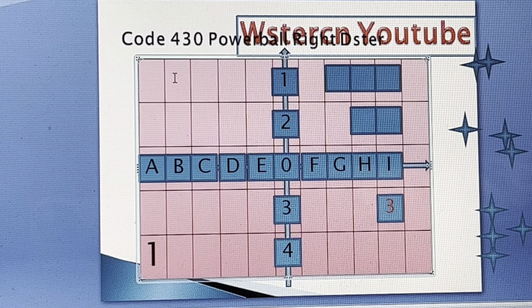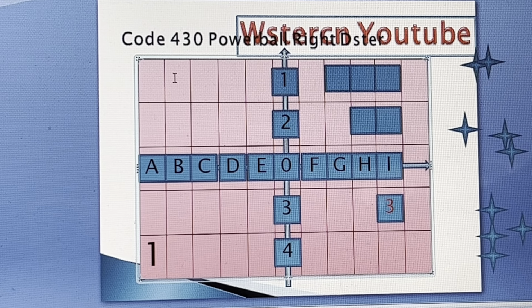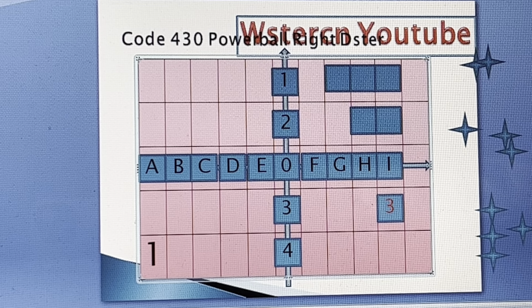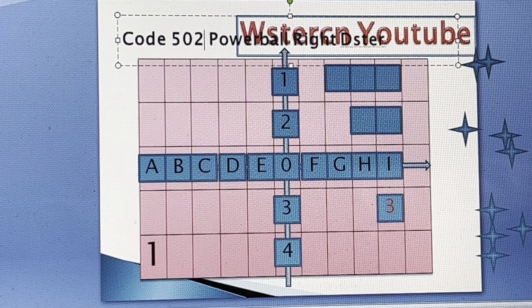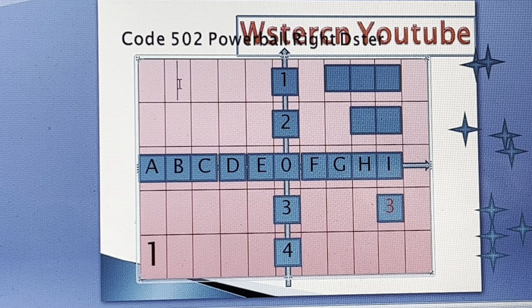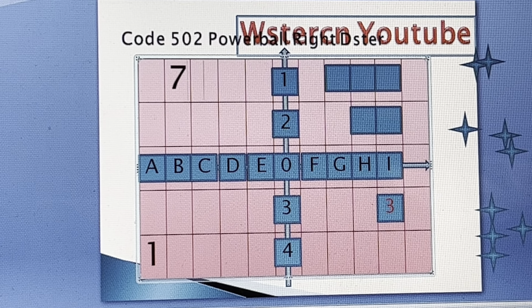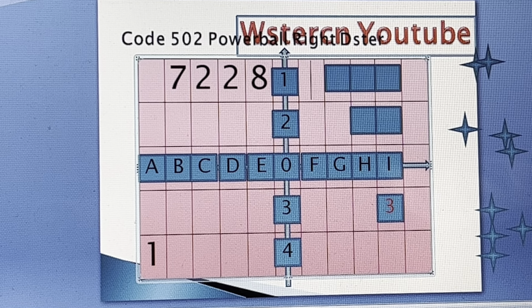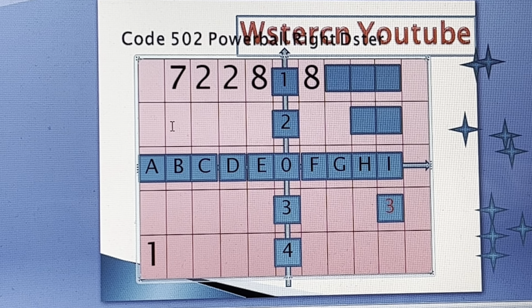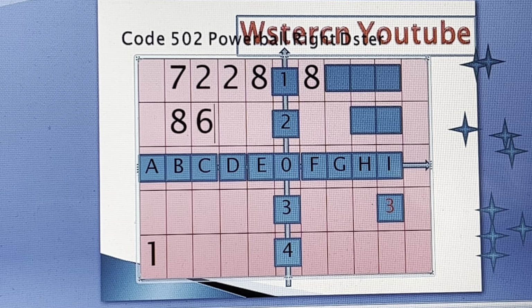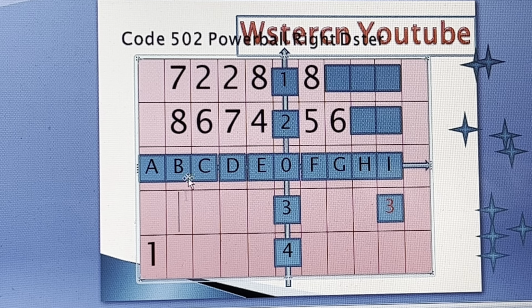Let's pause for the first teaser. This teaser may or may not be used. I don't want to run out of time. 502. It may or may not be used. So again, you have 72288, and the next one you have 867456, and then you have